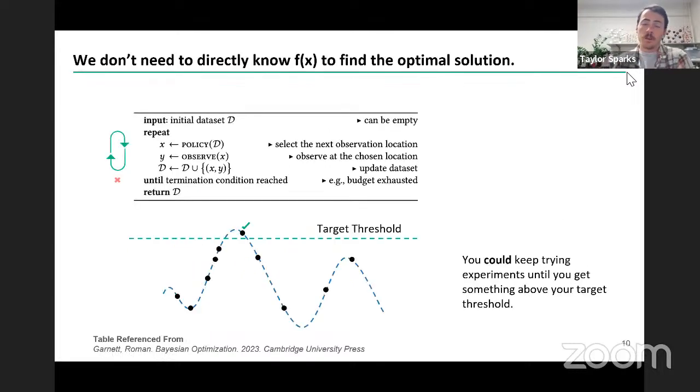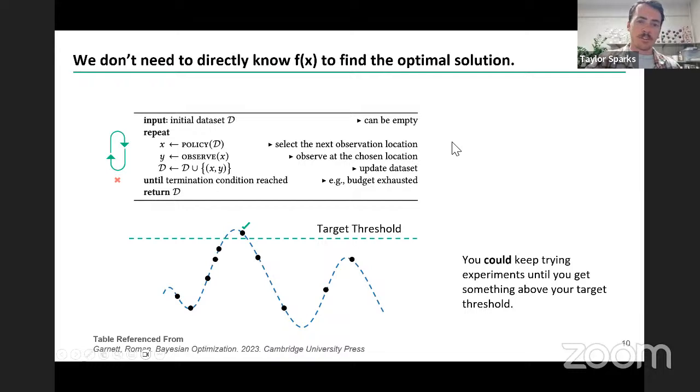Now, the catch is that there's lots of ways to do this, right? You can do that just by randomly sampling. In other words, you don't have to know what that objective function even looks like. That f of x can be unknown to you. And you can simply sample new experimental observations randomly if you want until you find one that goes over your target threshold. And you're like, okay, that's good enough. Let's take all the parameters and we'll now just simply use them after random sampling. But that's not very efficient.